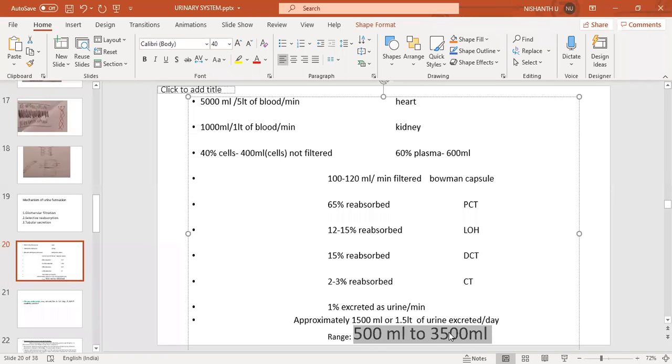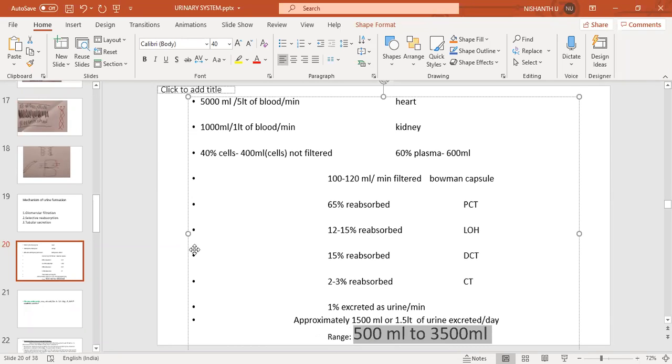Of course, so many factors are there. This problem, the 3500 ml problem, is more in females when compared to males. That is another factor, because they have an extra organ, the uterus. That uterus will have an impact on the kidney. So they will have more complicated problems of getting up during the night time when compared to males. That's why we are giving the range. This is the amount of water. 500 ml is the minimum amount of water required to eliminate the waste, because the waste should get dissolved in the water.